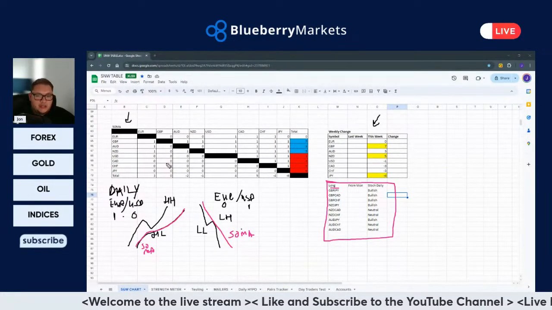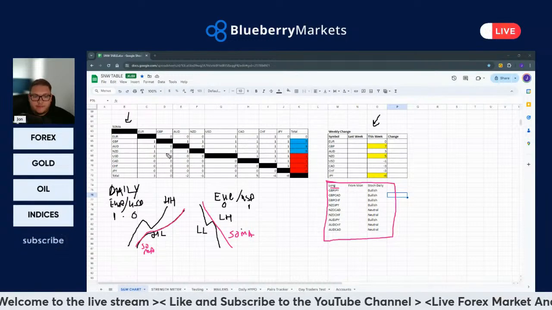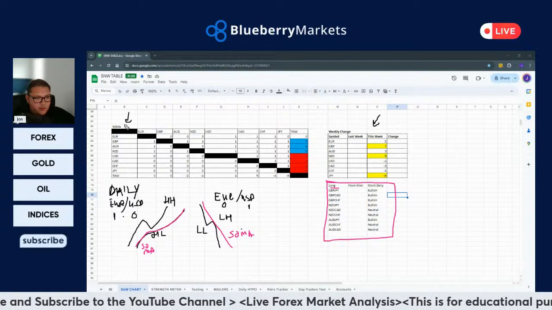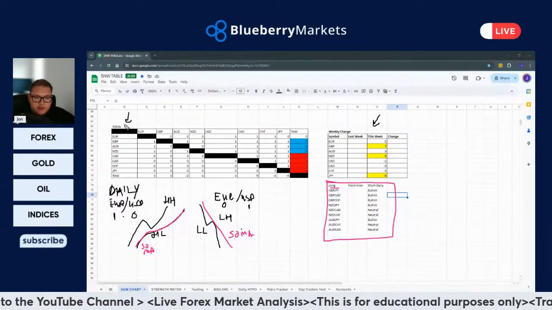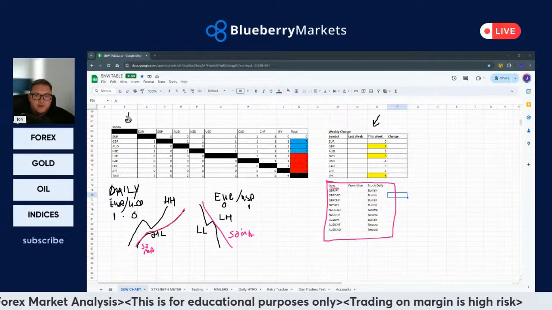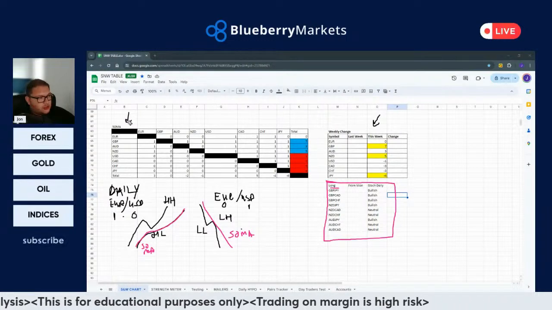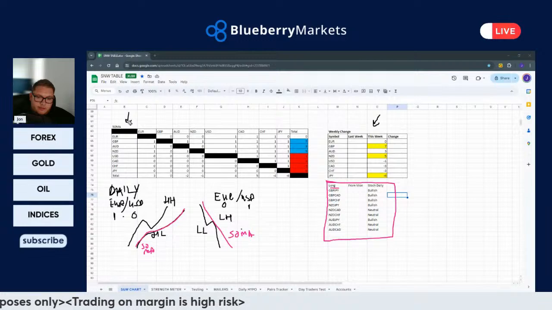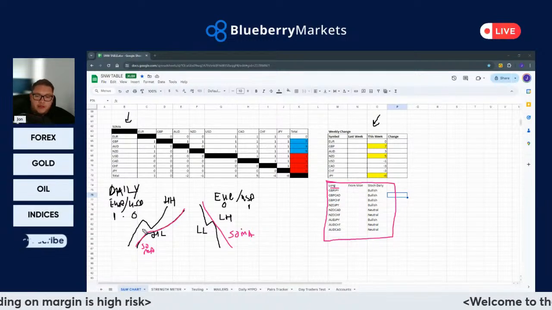But I thought it was a really interesting concept to try and take a look at. So I think if you are building your own currency strength meter, I've done various videos on it as well, and live streams as well. You can go back and take a look at those. But if you are struggling to figure out, let's say, the trend in the market,